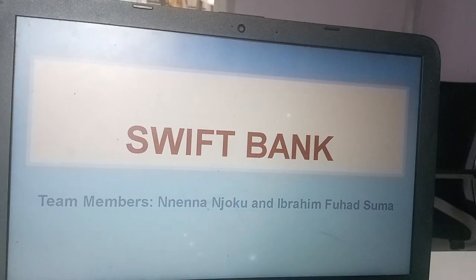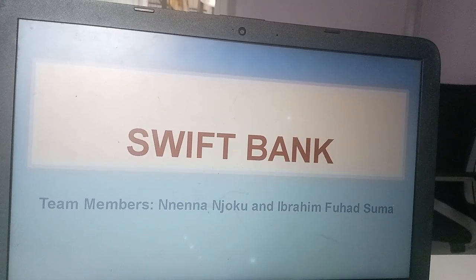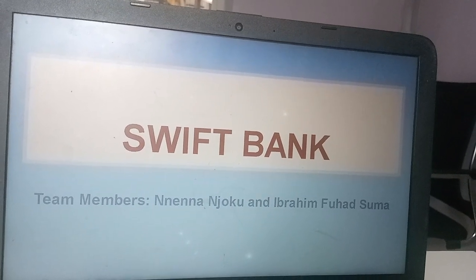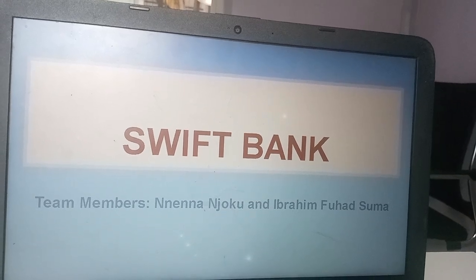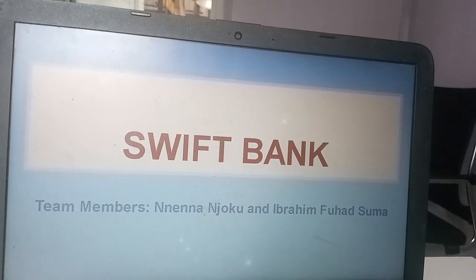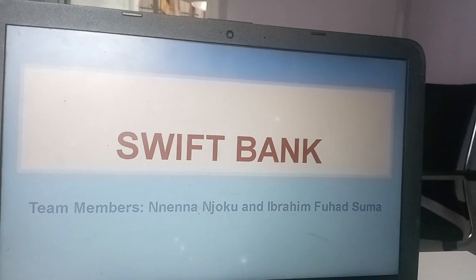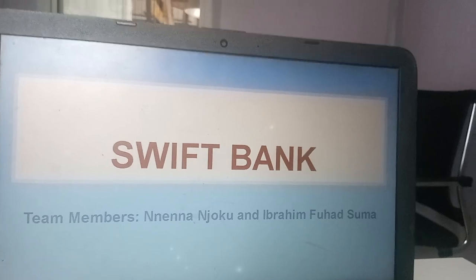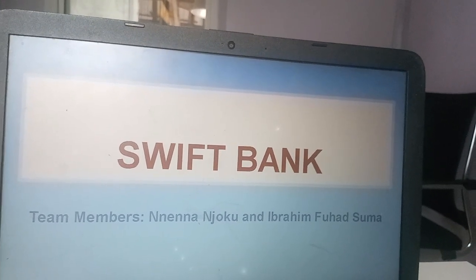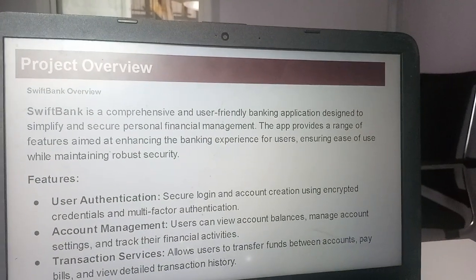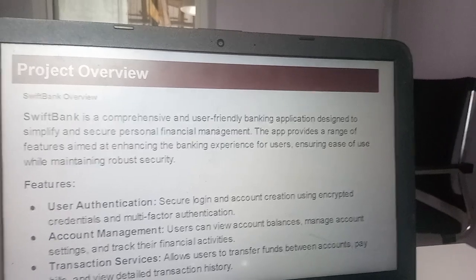We decided to build a bank app, me and my team member. First of all, my name is Nnenna Njoko and my team member's name is Ibrahim Fahad. So we decided to work on the Swift Bank app. So this is the project overview. That's the description of what Swift Bank